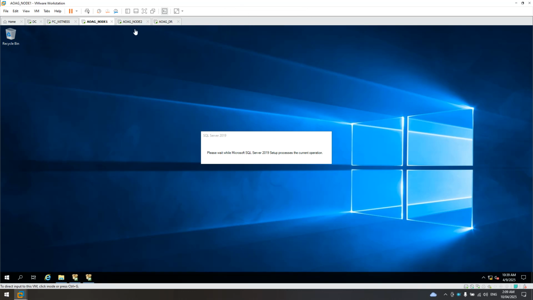So, 3 installations. Install SQL Server as a standalone on each of these nodes: Node 1, Node 2, and DR. We'll configure the AOEG after installing the SQL Server.